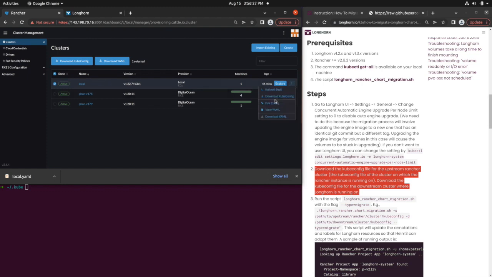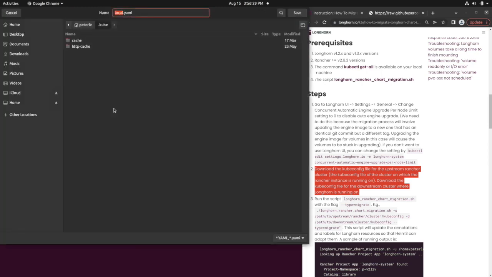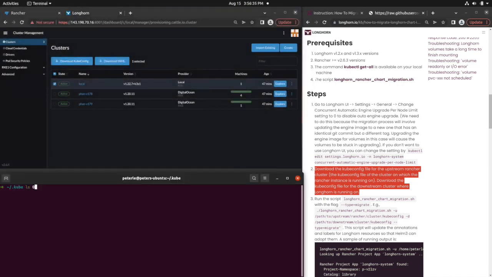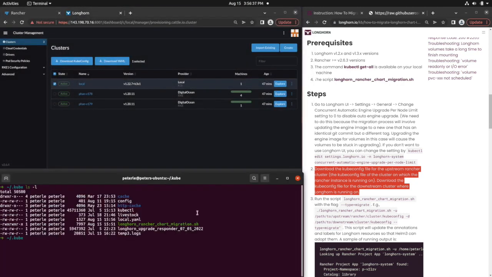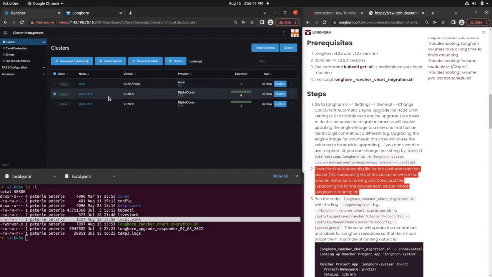So let's go ahead and download the kubectl file for this one. We have it here. And the second kubectl file we need to download is the kubectl file for the downstream cluster in which the Longhorn installation is running on,